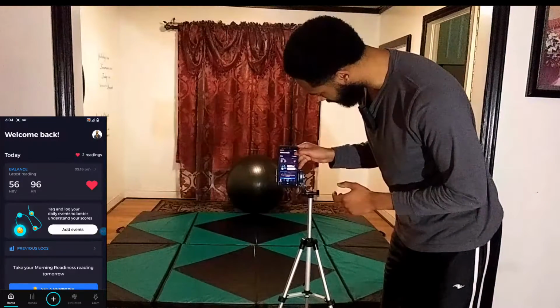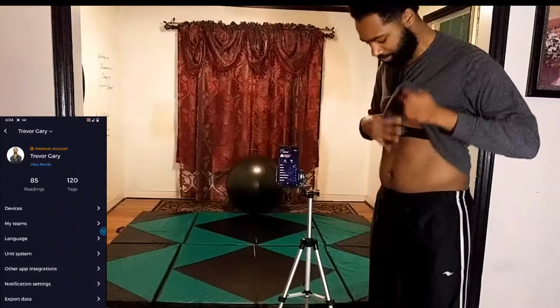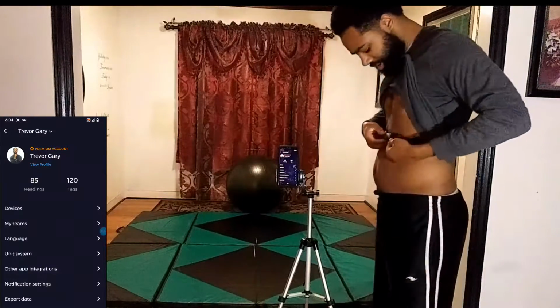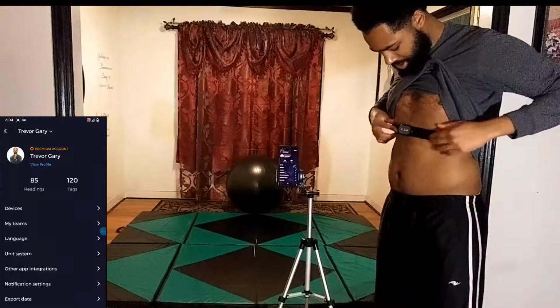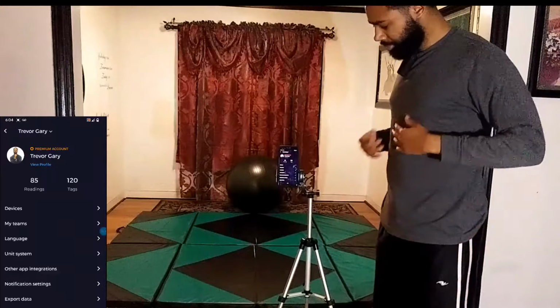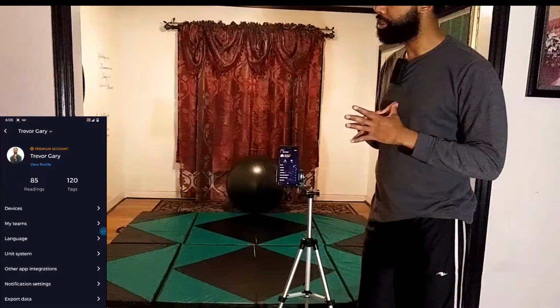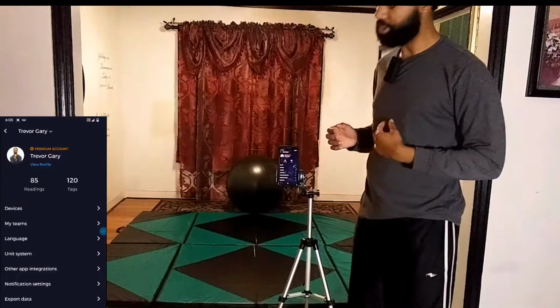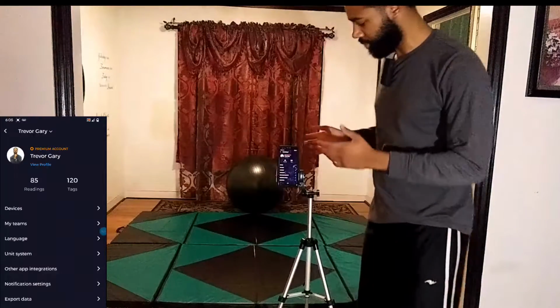Let's go ahead and go here. Another thing you want to make sure is that you have your heart rate strap. I put some water on the inside of this before I put this on. Polar recommends that you do that when you put on your heart rate strap. Now the next thing you'll need to know is, once you have your heart rate strap on and you've done everything you need to do to make sure it's on you to avoid errors with your reading,